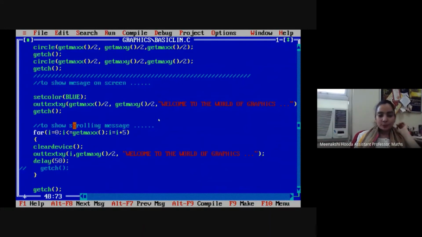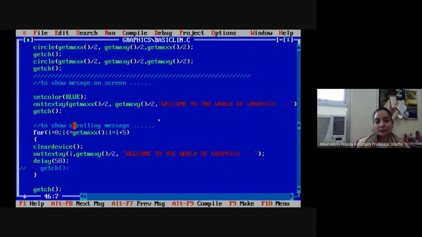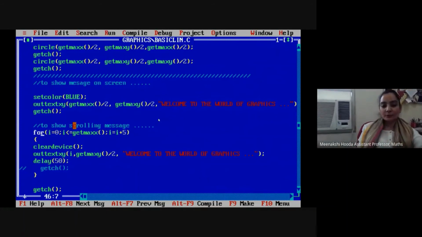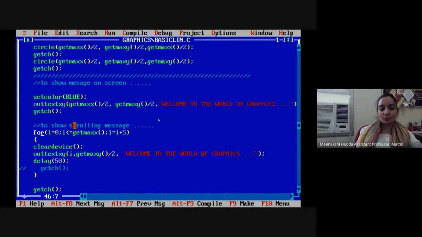Next, this loop is used to demonstrate how you can scroll a message on the screen, how animations can be implemented in your program. For i, we are using a loop for scrolling the message. In the loop, we are clearing the device every time.